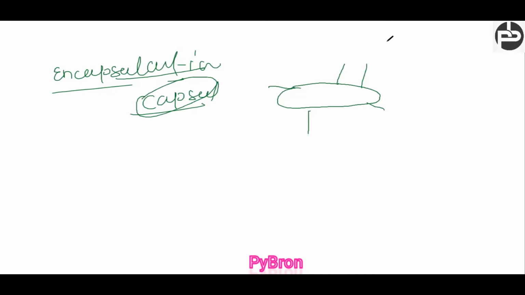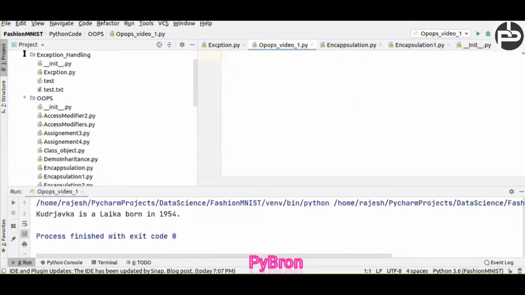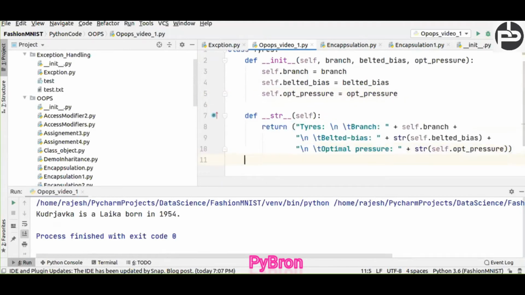Let me show you over the code how we can do this. I'm going to create a Tire class, and inside the Tire class I define some parameters like brand, tire pressure, optimal pressure and bias-belted, and then the string method. What is the use of the string method? We can call the elements with the help of the object itself, nothing else.